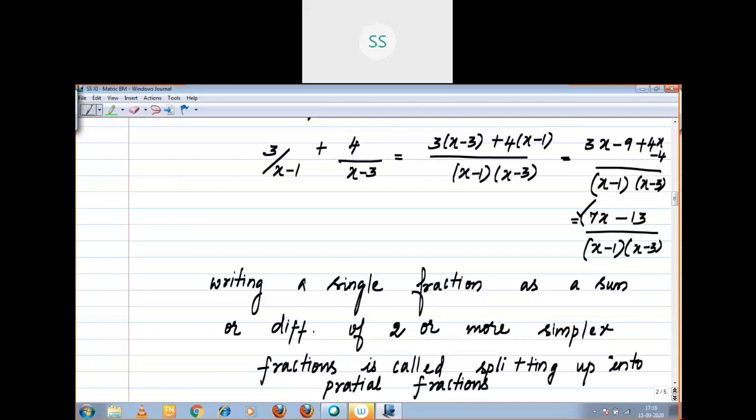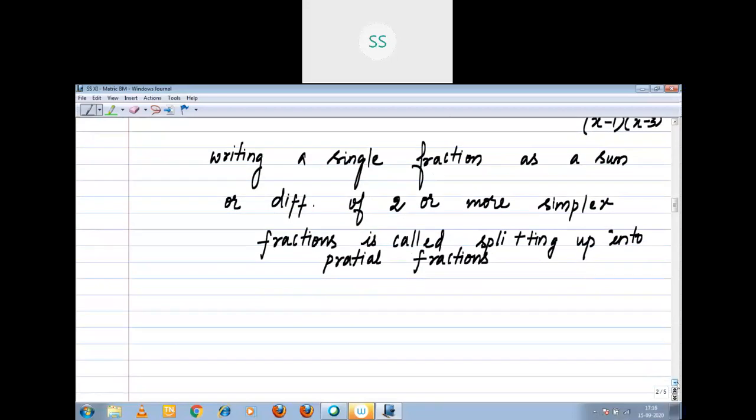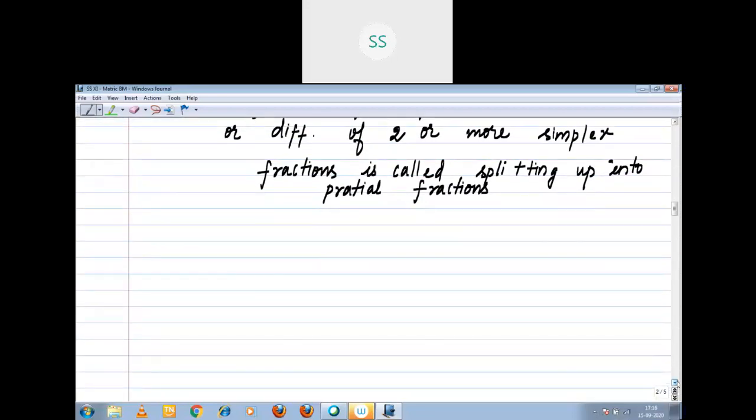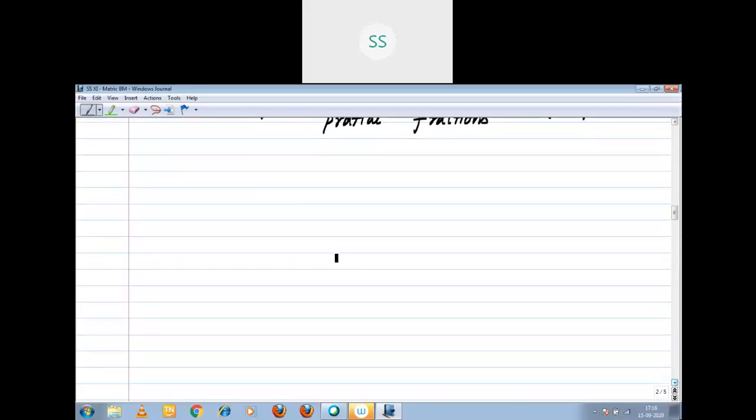Single fraction you are going to split and write. That's all partial, right? Now I am going to enter into that exercise. Exercise 2.1. Just what is partial you should know. For that purpose I explained this and all, right? Exercise